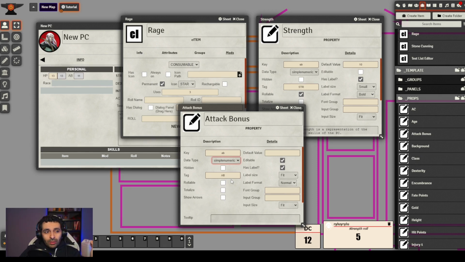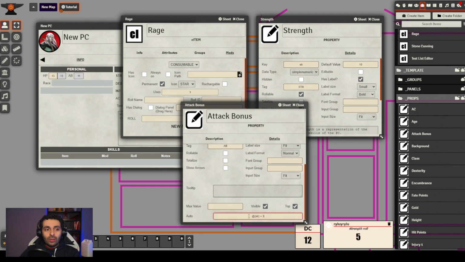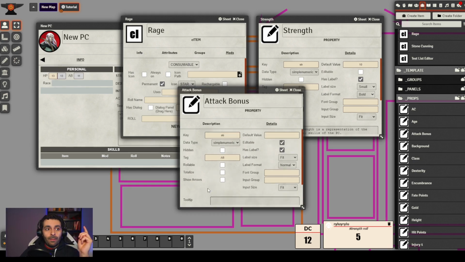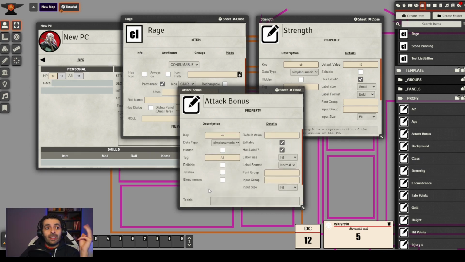I think radius too, and other properties display the auto field. We have seen this before, but autofills can also accept role expressions. Third place, the max value. Max value of a simple numeric can also accept role expressions.